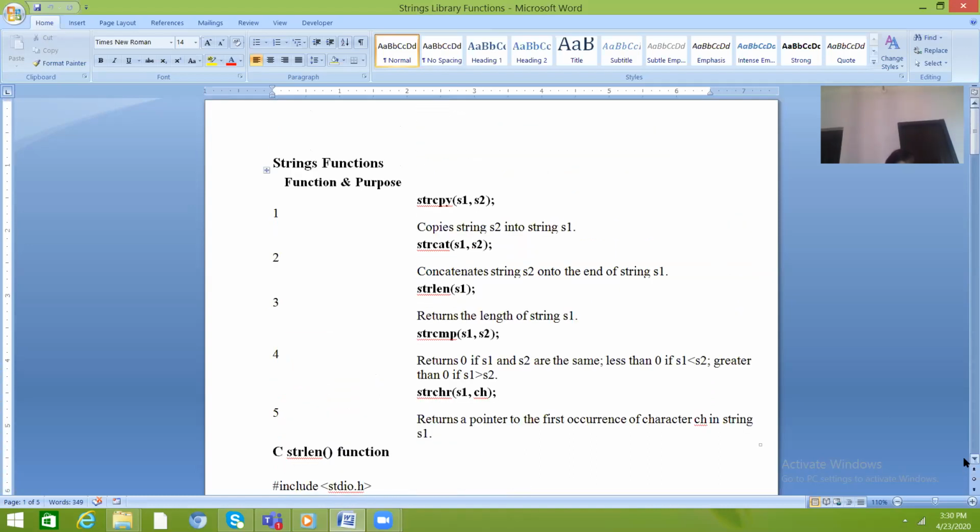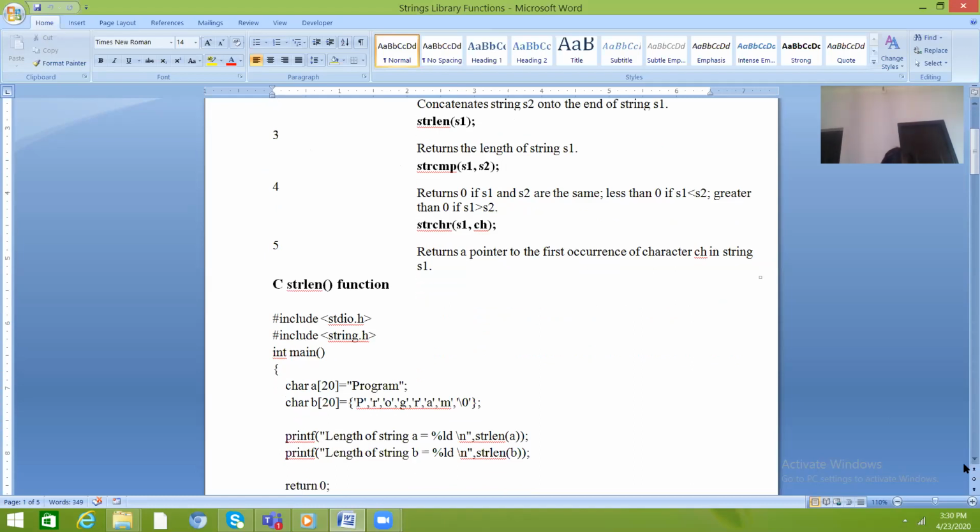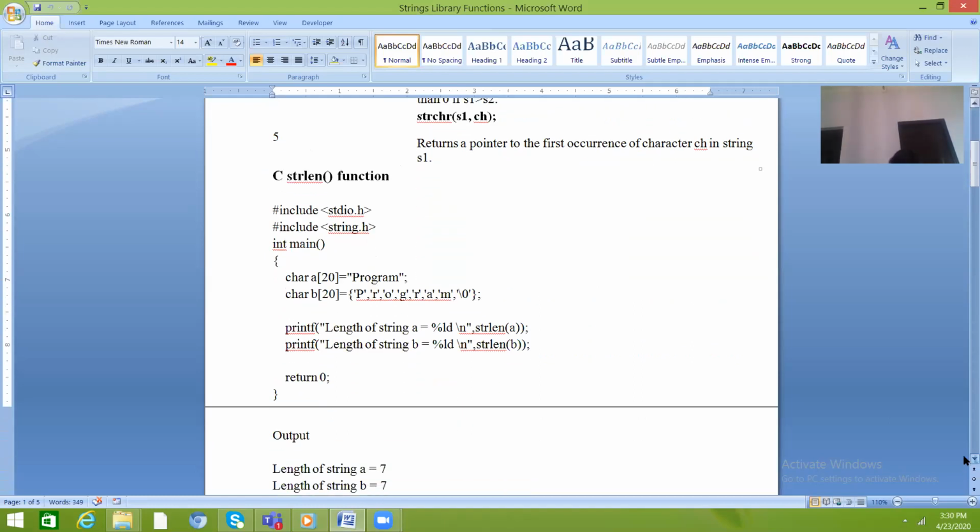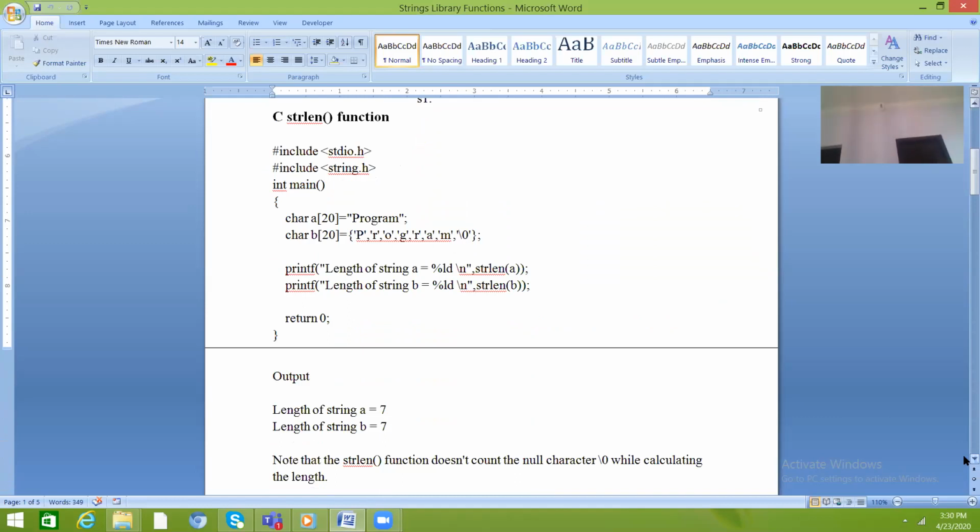One thing you must always remember: when you use string functions, not only strlen or strcmp, but even gets or puts, which input and output the string, or %s, which is always a format specifier, you just put the header file string.h at the start, where you generally include stdio.h.